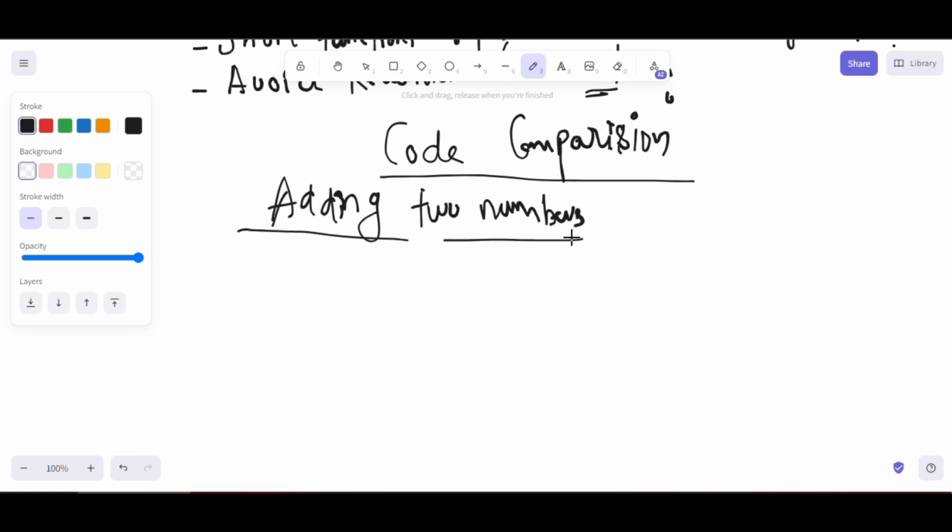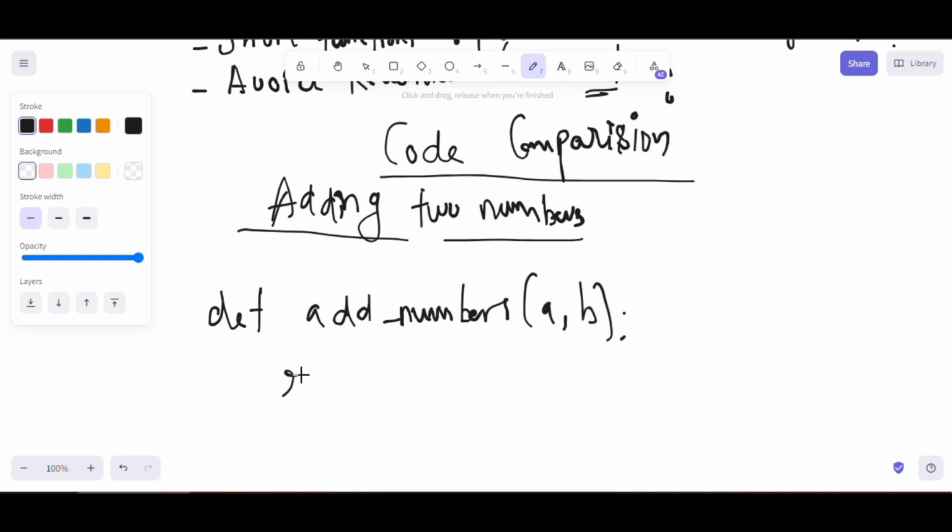If you are a beginner, you would write: def add_numbers(a, b): return a + b. Obviously you will write it like this, right?